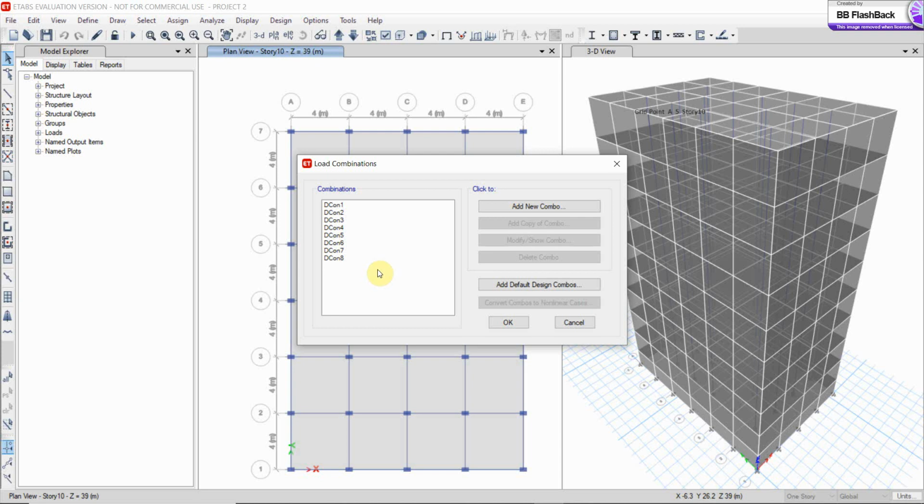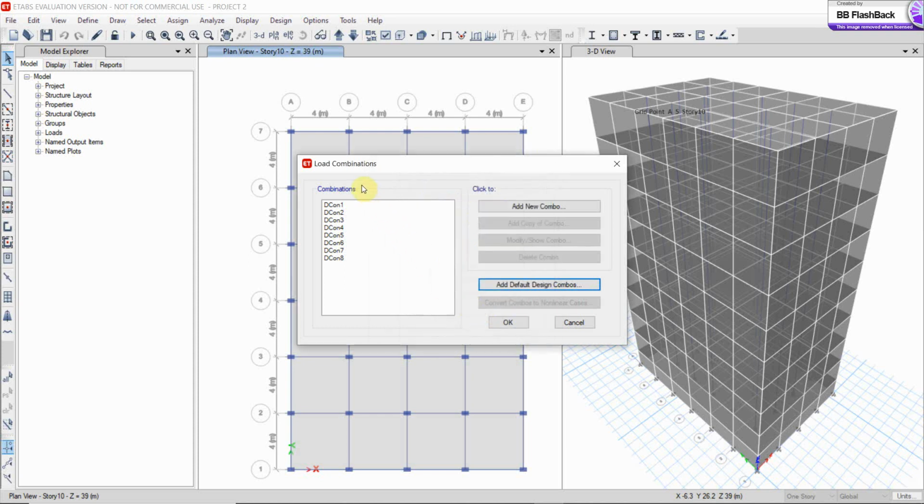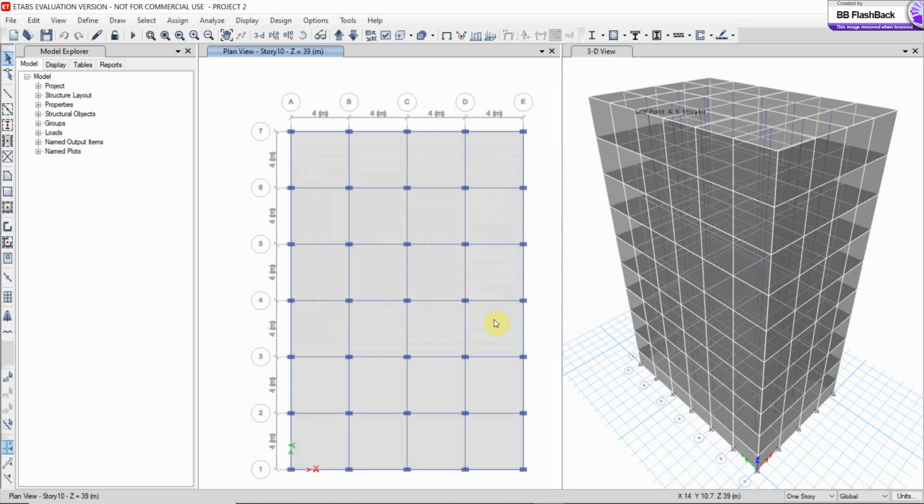In case it is not added, click on Add Default Design Combo and select Concrete Frame Design option and click on OK. Here already different load combination is assigned. Click on OK. In the case of seismic load, you need not select any building element to assign load.